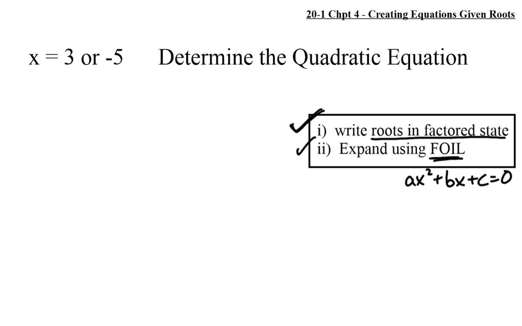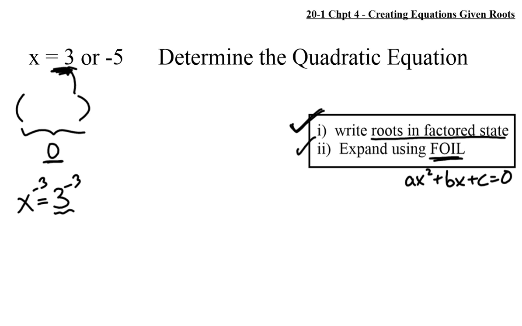If we think of it, how did we know that x equaled 3? Well, we knew that x equaled 3 because we had something that had to have a value of 0. But what we were doing before was taking this to isolate the x. Now, instead of isolating x, we know x is 3. We want to create the 0. What do I have to do to get a 0 here? Well, I need to subtract 3, so I subtract 3. All we're trying to do is to get a 0 because we need one of our factors to be 0.